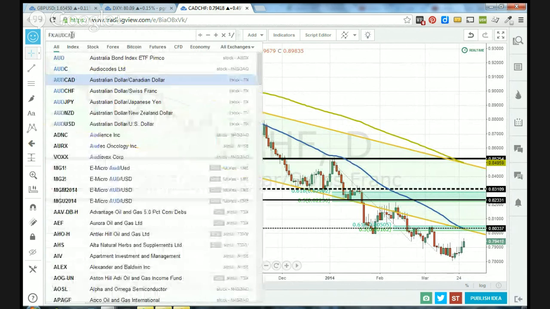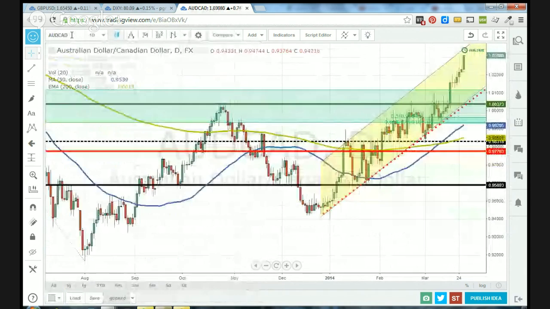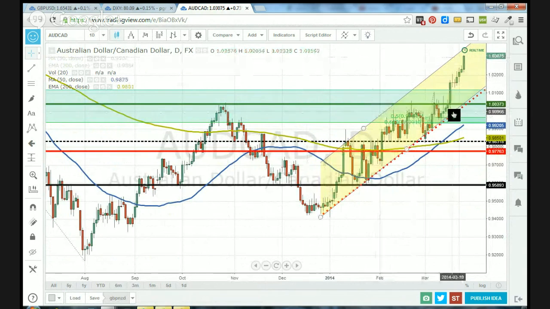Aussie Canada. Wow, big rally. I mean, Aussie Canada has now had 1, 2, 3, 4, 5, 6, 7, 8, 9, 10, 11. Now, yeah, I mean, this might technically be a down day, but it's very small. It's basically had, out of the past 11 days, 9 have been up and 2 have been dojis, which is